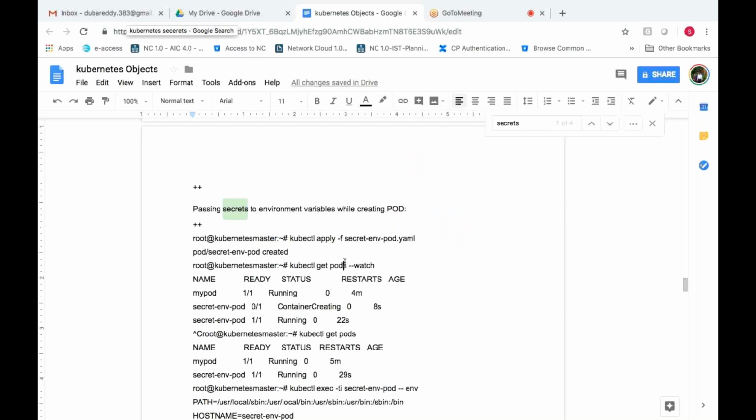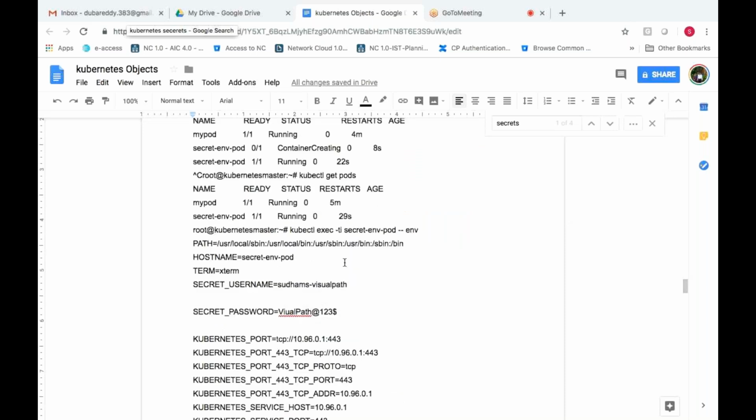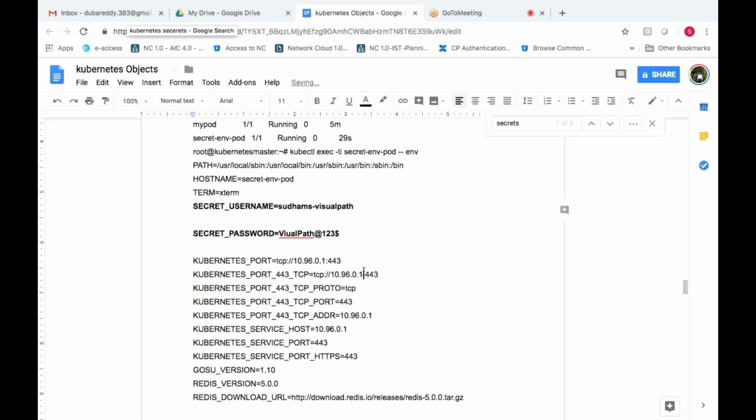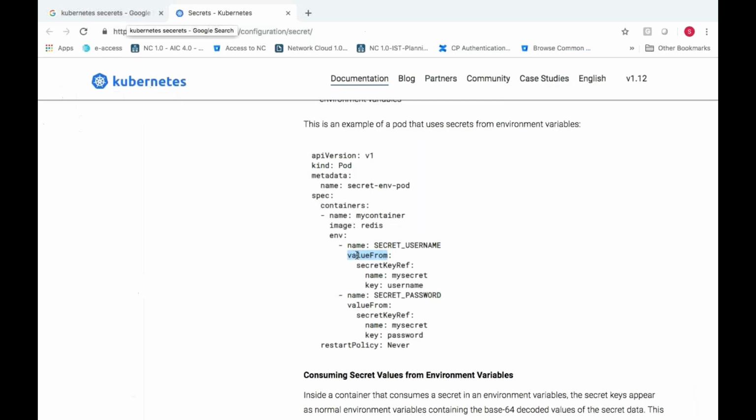Okay, so this highlighted one is nothing but your username and actual password which we have given. So this is all about passing your values. So here, this is your actual environment variable. We used to give just values directly, we used to write hard coded values here. But now we are not hard coding, we are not making your passwords visible in your YAML files. So you are storing them in secrets. So that particular secret you need to use as a reference to pass a value here. So that's the reason we are using valueFrom secretKeyRef.